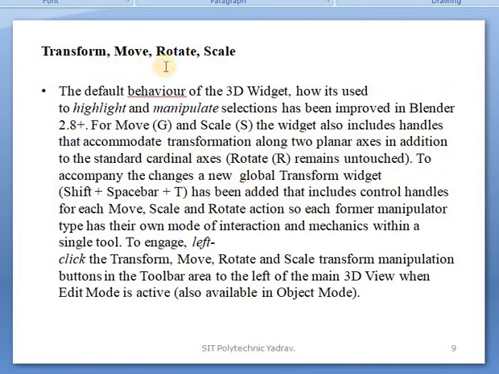Next point, transform: move, rotate and scale. The default behavior of the 3D widget, how it highlights and manipulates the selection, has been improved in Blender. For move, the G key is used, and for scale the widget also includes handles to accommodate transformation,